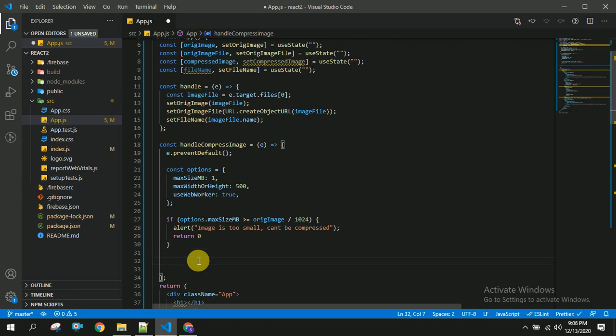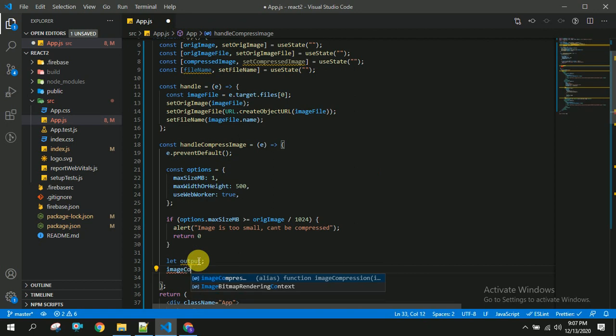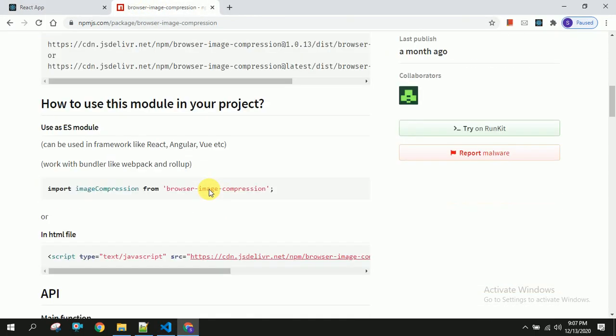After this we are going to create an output variable and we are going to compress our image by using image compression. So this image compression comes from this third-party package what we have installed.